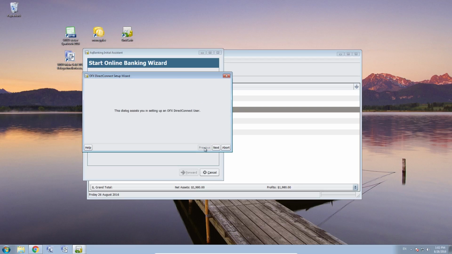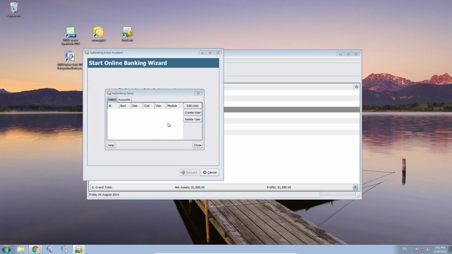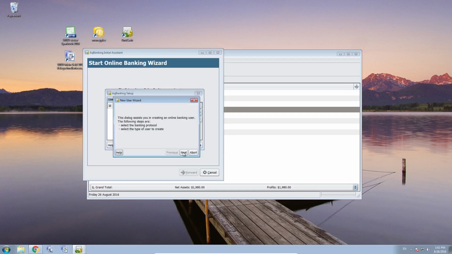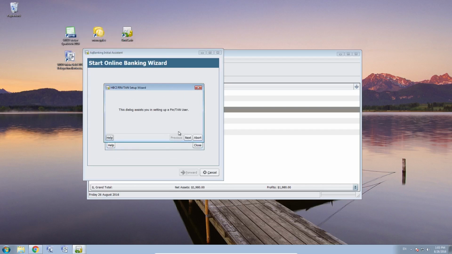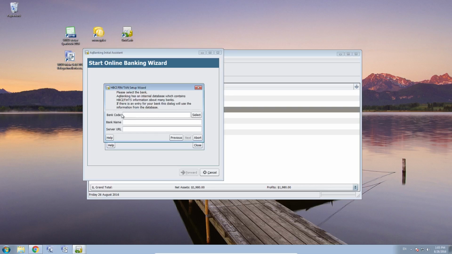Okay, now the same is true if your bank supports the HBCI. You go to Next. Now you have to select which setup method you want to use, and in my case it was a PIN/TAN account, which is just a password account. So if you go to Run here, you get the HBCI setup wizard, and again you